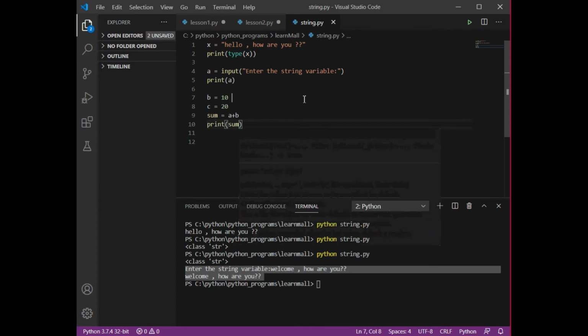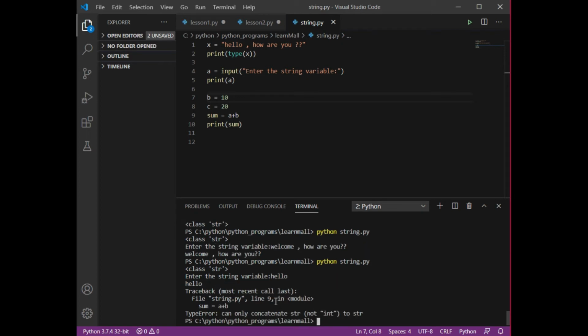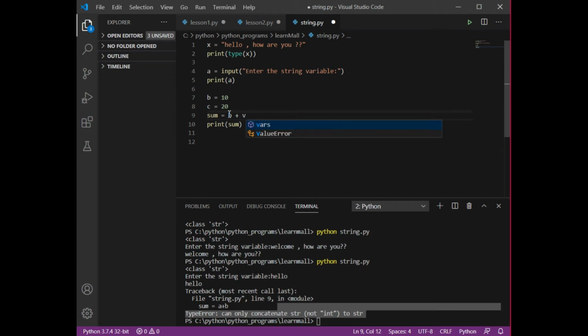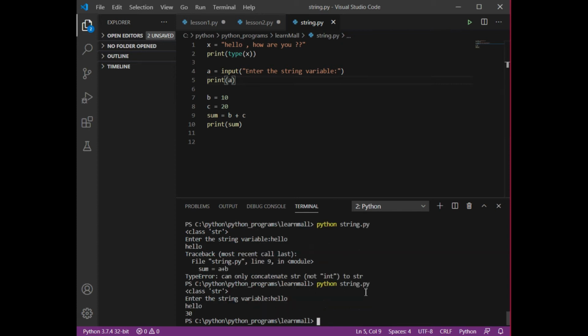So now when we run this code, oh sorry, I need to write b plus c. Now let's just run. See, I can give it any name. It is giving me 30, because it is treating this 10 and this 20 as integers, right?